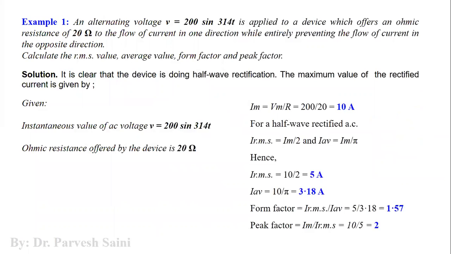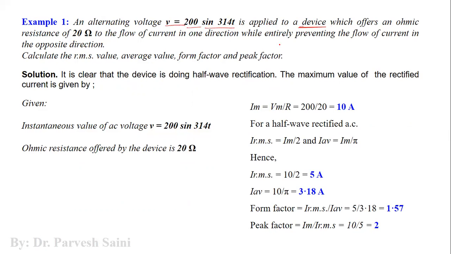Now let us come to the numerical here, which I have already solved for you, just to make you understand how to calculate the RMS value, average value, form factor, and peak factor of the given signal. So here, as per the statement, you can see the voltage is basically given. The alternating voltage is given here, which is V = 200 sin 314t, and it is applied to